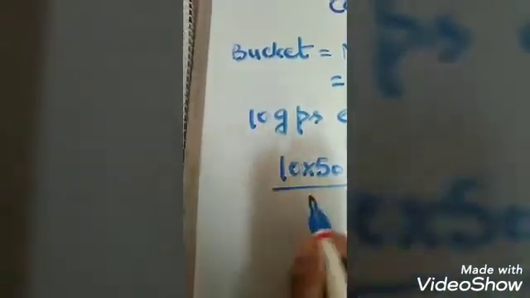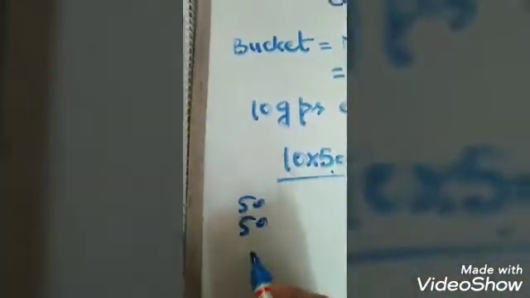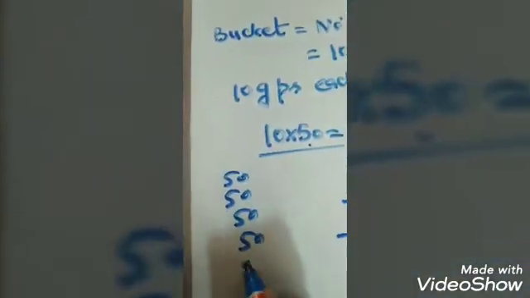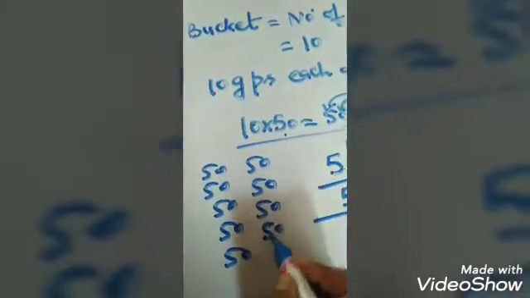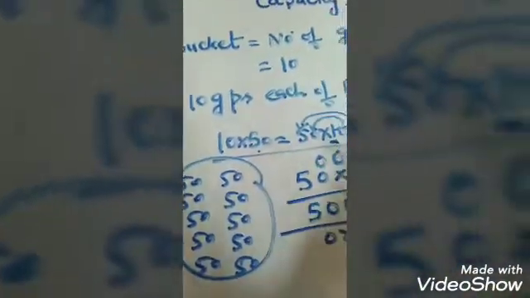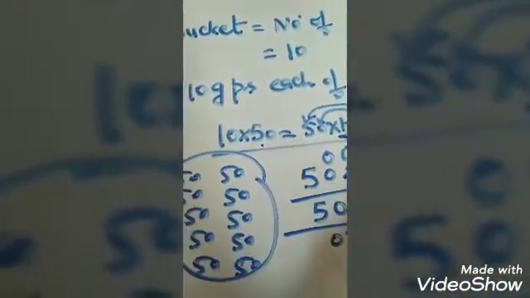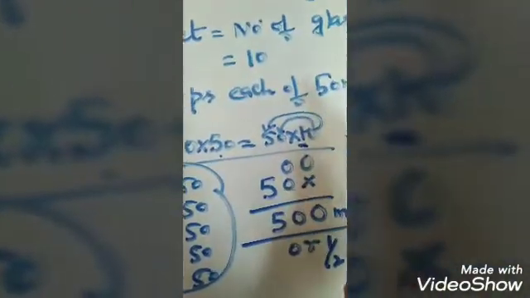Also, if we do addition, we have to write this 50 10 times: 1, 2, 3, 4, 5, 6, 7, 8, 9, 10. It will be more hectic for us. So we'll do the multiplication part in it. We will not prefer addition, so that we save our time by using the multiplication method. Hopefully you can do the rest of the questions yourself.